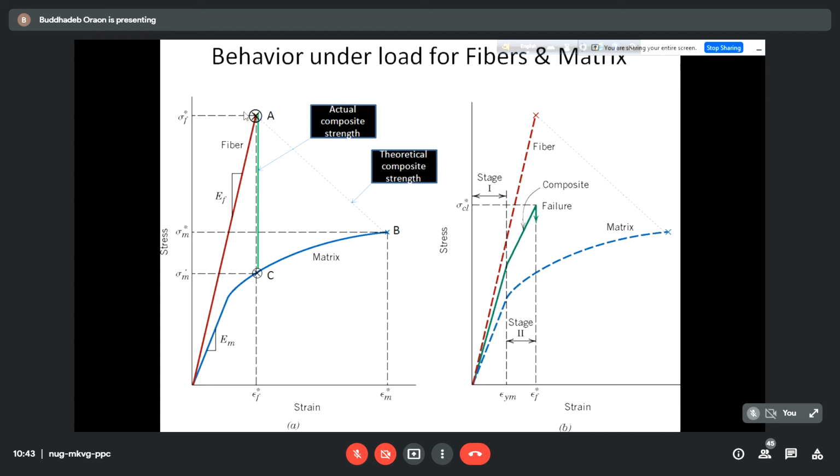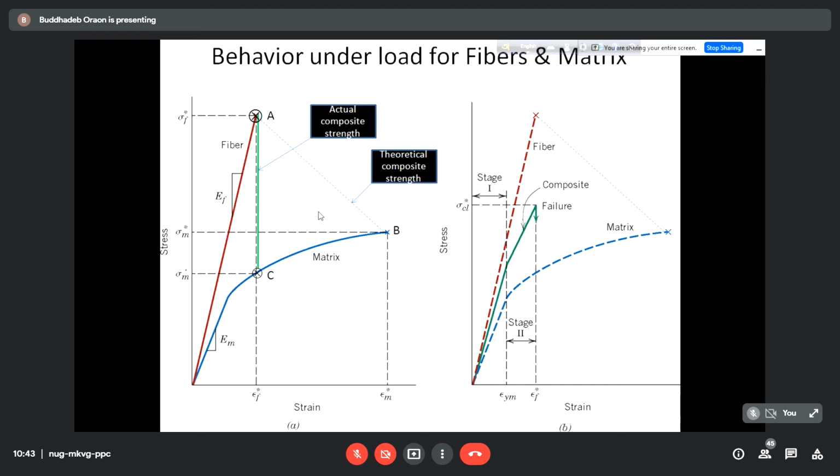And one point to be remembered for fiber reinforced, or in general for composite material, is that failure of composite material is not catastrophic. That means the composite material doesn't fail suddenly, all of a sudden. It gives you some signal, it gives you some time. And if probes are there, it will give you some indications regarding the stress level, and you will get time to take care of the major failure.